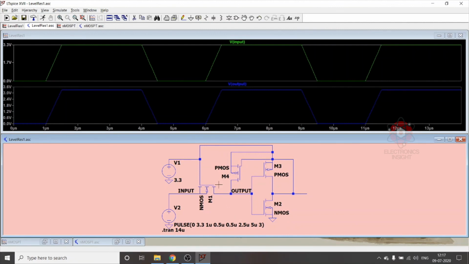That is the advantage of this level restorer circuit, where this NMOS can be effectively utilized in all our other applications, because that is the most widely used transistor. Instead of PMOS, many prefer NMOS logic gates. So it is well observed that the logic levels have been completely restored. The only disadvantage is the additional circuitry that is required.